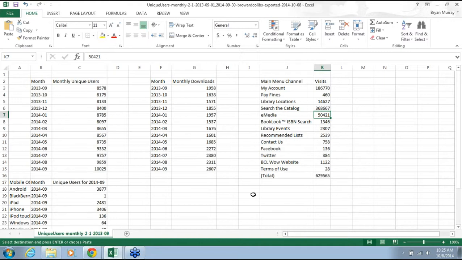I mean, we always say your library app is an extension of your library. So the most used channels are always going to be so they can check their account, they can search the catalog, place holds, renew items, pay fines if they can. And then the next best feature is that they can access your digital services, and of course you can get a better ROI on those services.